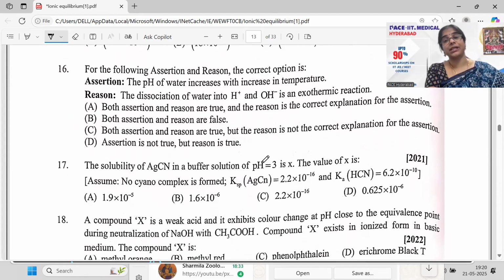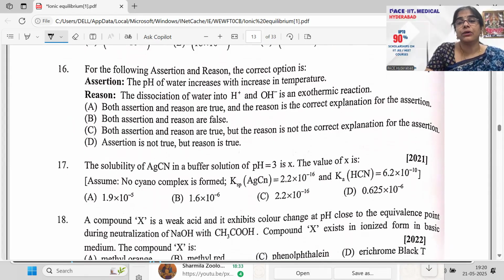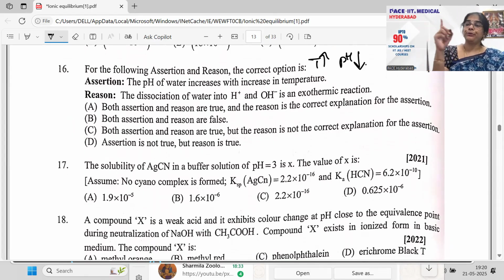For the following assertion and reasoning questions here, which is the correct option is being asked to us. Then, yeah, pH of the water increases with the rise in the temperature. No, pH decreases with rise in temperature. Okay, temperature increases, your pH value decreases. Remember this, you have more dissociation going on as your temperature increases. So more amount of H plus ions getting released there, so more acidic, which means pH value decreases. Towards the left side pH value, it is more acidic. So increases पूछा, ये तो गलत हुआ answer.